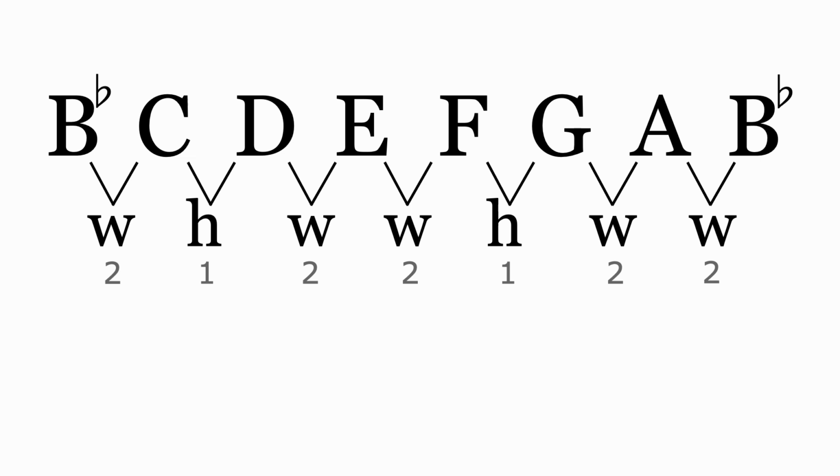So in this case, B flat to C, that's a pretty easy one, right? Because it's a whole step. And then from C to the next, it's a half step, so obviously I have to flatten the D. And from the D flat to the next, I'm going to have to flatten the E because it's a whole step. All I'm doing is walking through and filling in each one of the notes